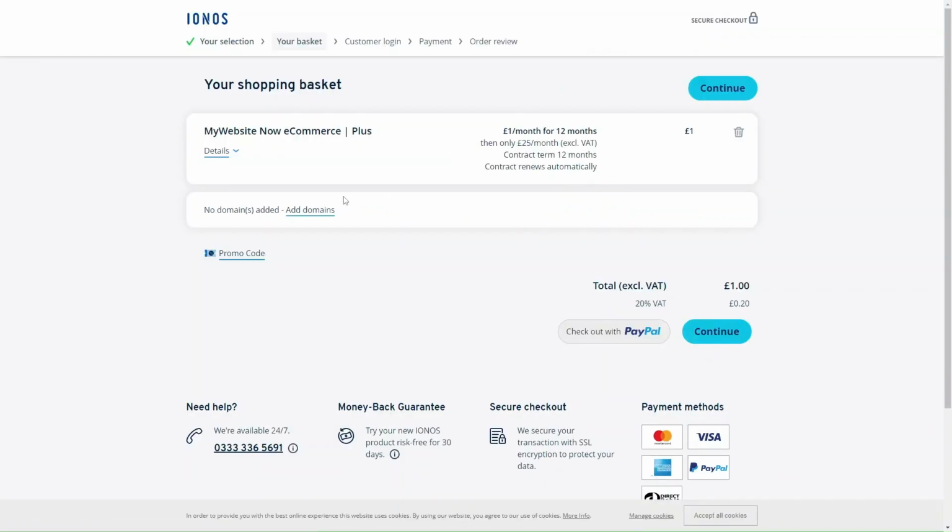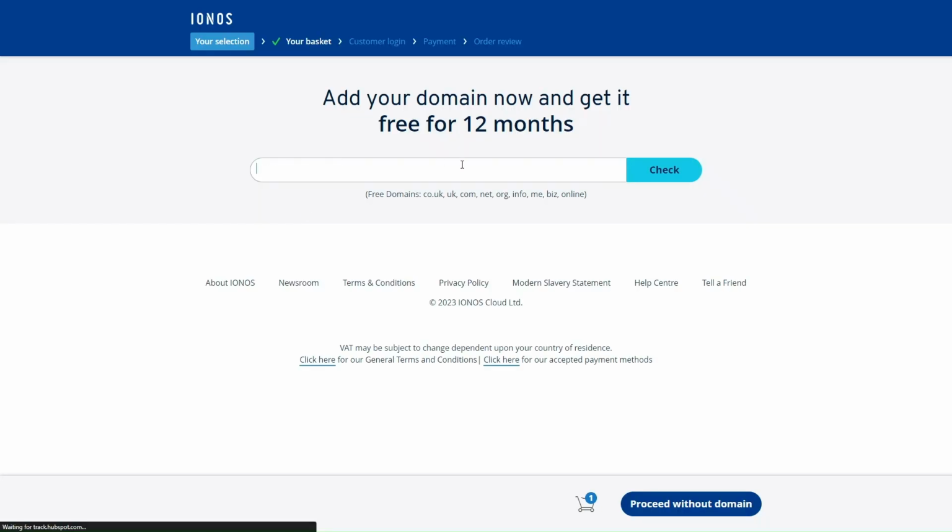And if at this point you want to add a domain, you can click on Add Domain here. If you add your domain now when you're purchasing the plan for £1 a month, you will get the domain free for 12 months, and then after that it's however much they want to charge. So for example, if